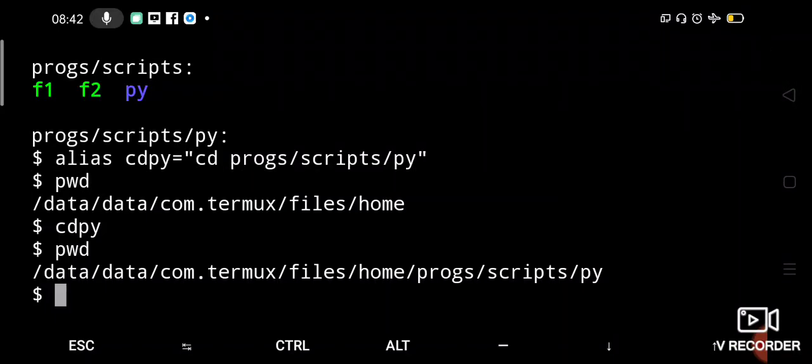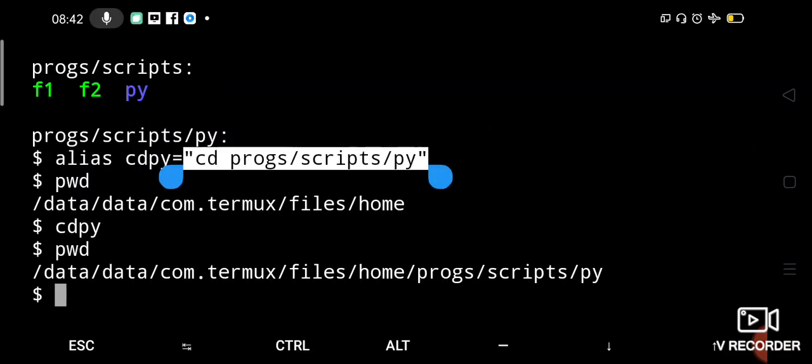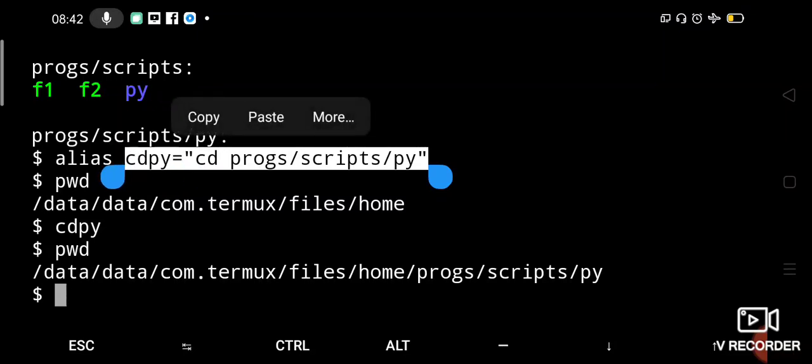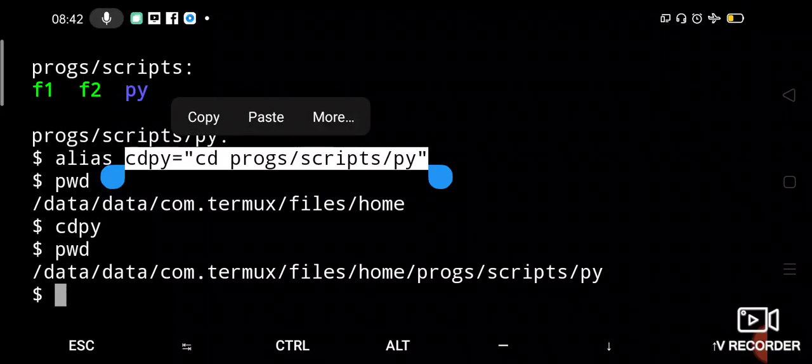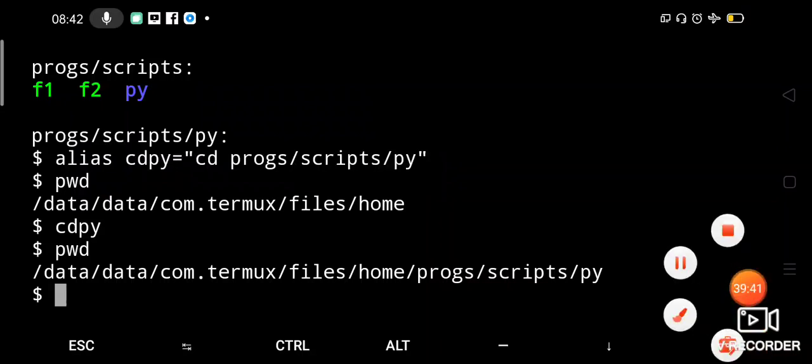I have aliased this entire path or command along with the cd command and path to a simple name called cd py. Now when I execute cd py, it will change my current directory to the py directory. Is that clear to you? So that is how you can use the alias command.